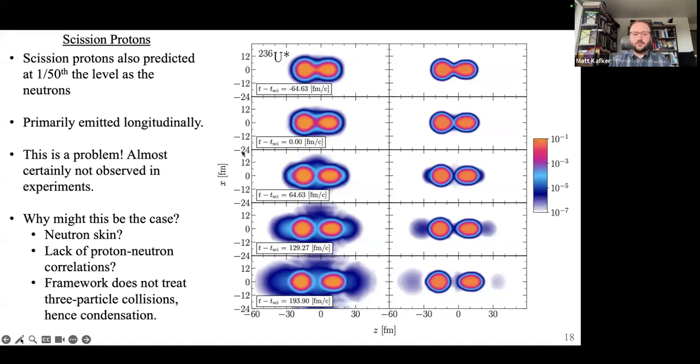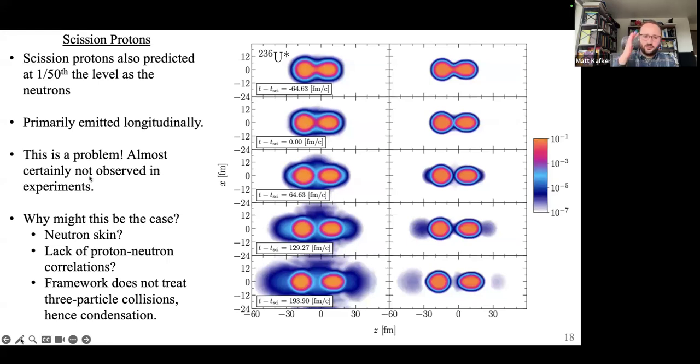Okay, so I mentioned that I would talk about scission protons, so let's discuss this. So you will, at this point, recognize this figure. This was our preliminary evidence that the scission neutrons exist. And these are the neutrons in the left panel, but what I'm also plotting in the same scale is the proton density as well, again, logarithmic scale. And what we see here is that in the longitudinal direction, there is a low amplitude cloud of proton matter that's released as well. I mentioned already this is 1/50th the level of the neutron, so it's a very small number of particles, but